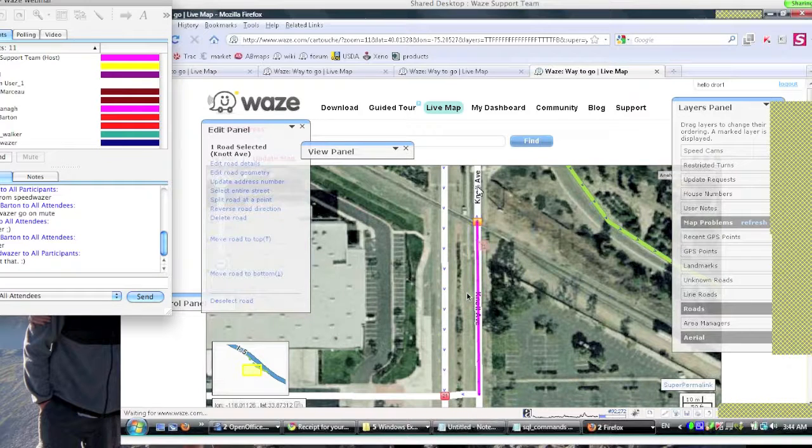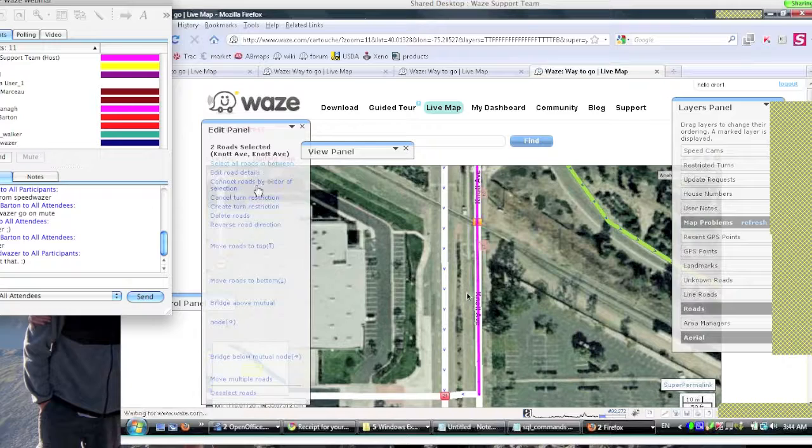Okay, so the problem is still there. The easiest way to do it